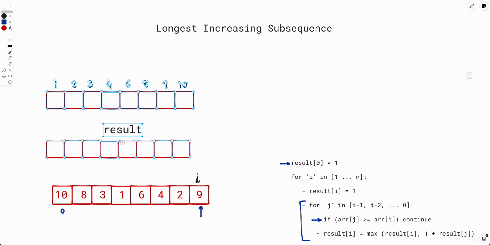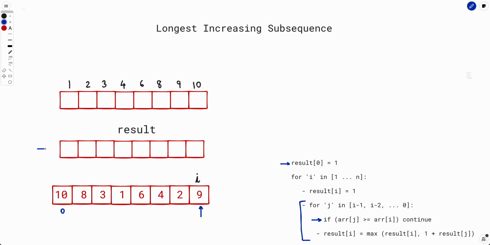So we have to build this result array at the end, right? And we have to only iterate over all the elements which are smaller than array i and which also lie to the left. So if you remember what we have done previously to find out the number of smaller elements in the left, we